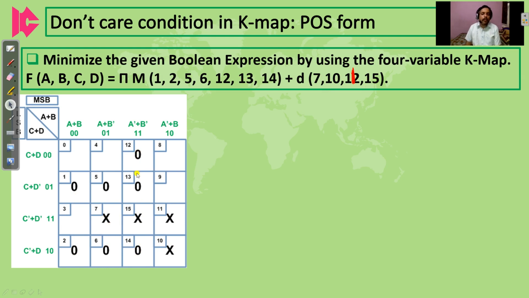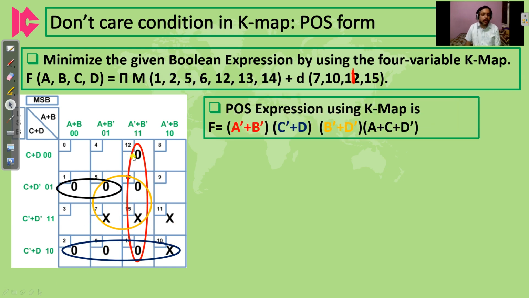So now how can we make a combination? A combination of 16 is not possible. A combination of 4, yes, is possible with this. Then I can make this combination of 4, this combination of 4, and these 2 can be combined. So for this red one, on this side the non-changing is A dash plus B, here all are changing, so A dash plus B dash. For this blue group, the non-changing is C dash plus D, so into C dash plus D. For the yellow one it is B dash plus D dash, and for this black one the non-changing is A on this side, and C plus D dash on this side, so A plus C plus D dash.